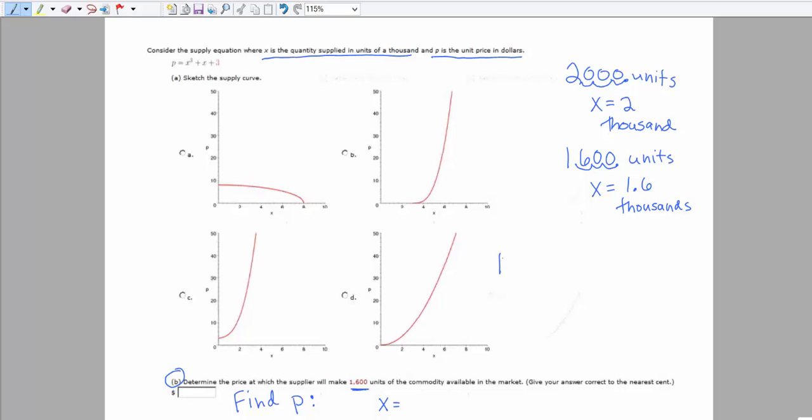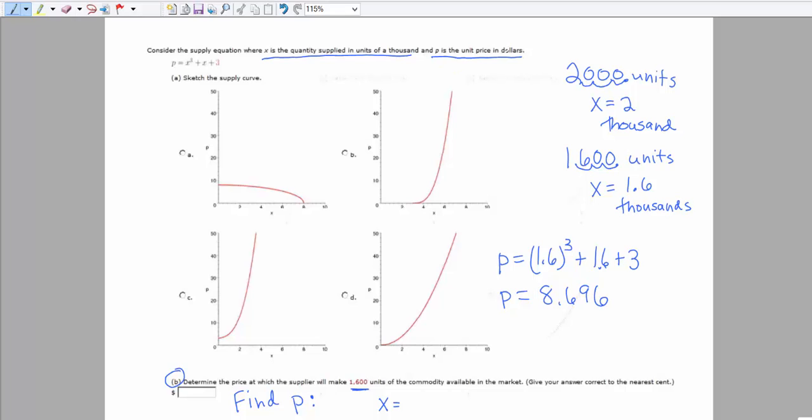So when we actually evaluate the function, we're going to use 1.6 squared, sorry, that's cubed, plus 1.6 plus 3, and we can find that in our calculator. And I get that the price would be 8.696,